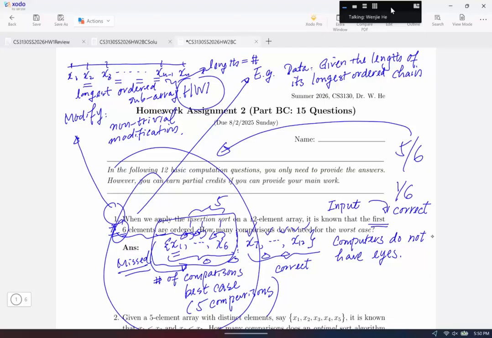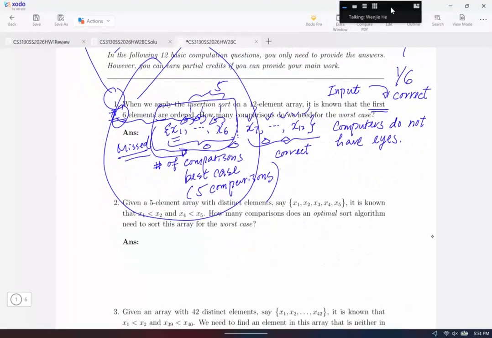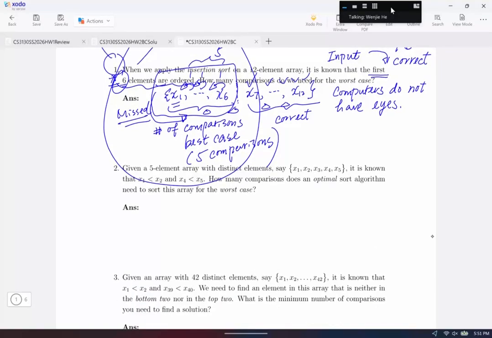So here I'll give you an example. How do I modify our existing questions? How do I do non-trivial modification? Okay? So get ready for things like that. All right. So that's the first question. The second question, I found some common error. So the second question I want to point out,